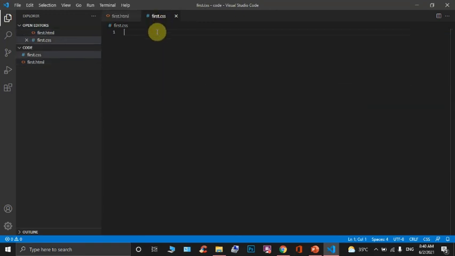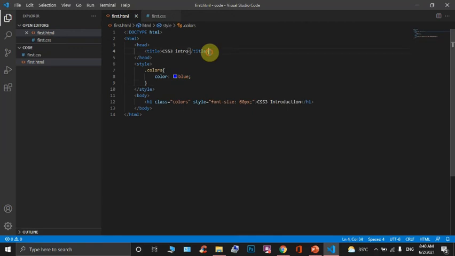This is the external CSS file with the .css extension, and I type a class named center, with text-align as center.